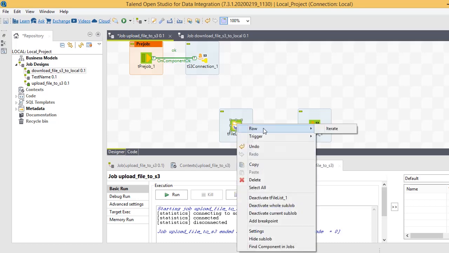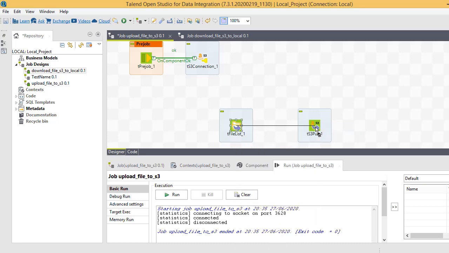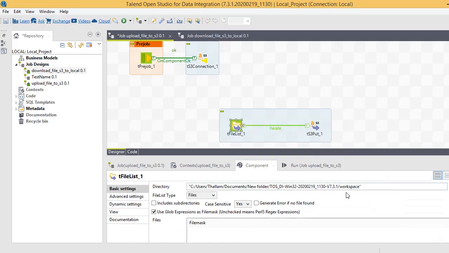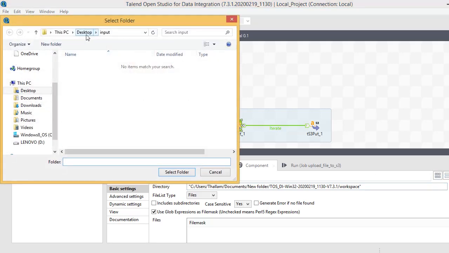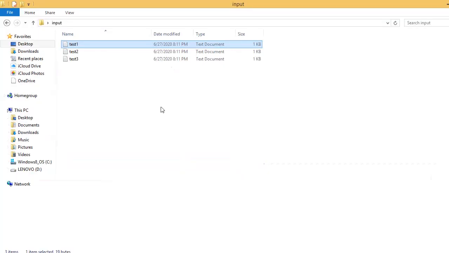Let me connect with iterate. And I want to browse the directory where my files are. This is my directory.